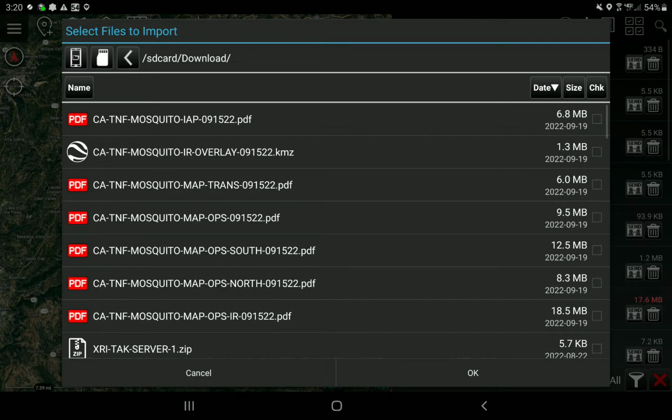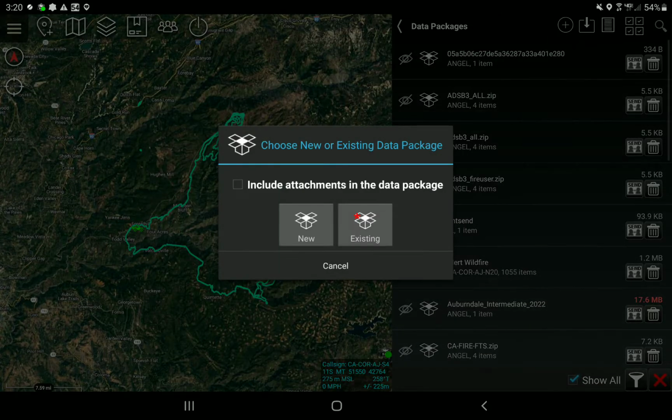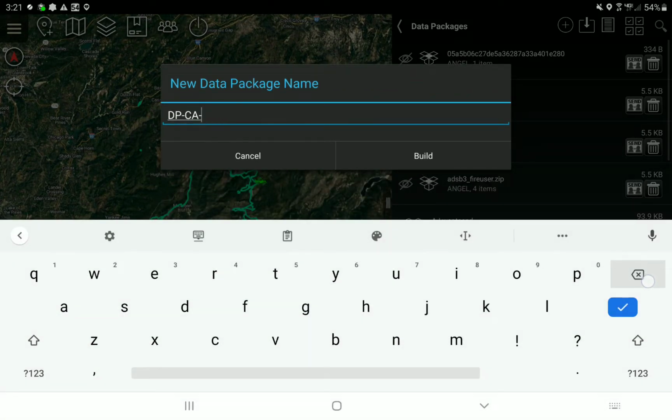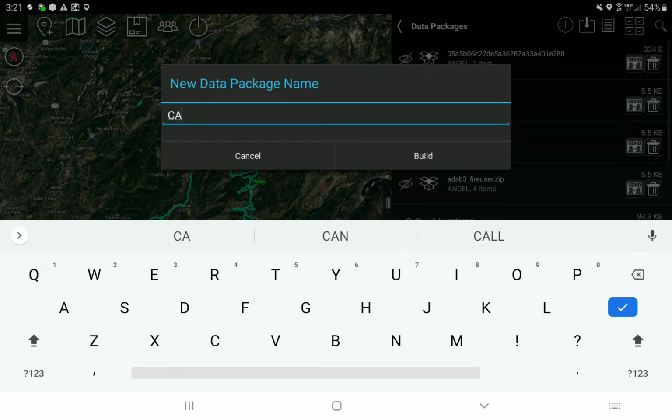Filter by date, and this shows the latest files that you've put in the download folder. We're going to select all of these files that we just renamed. I'm going to hit OK, and we're going to build a new one. We're going to rename this CA-TNF